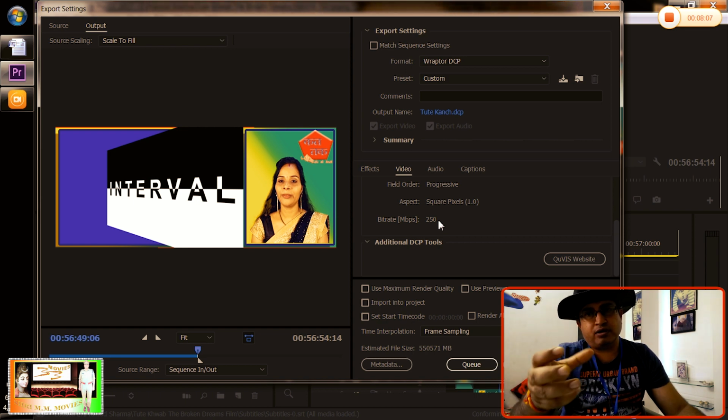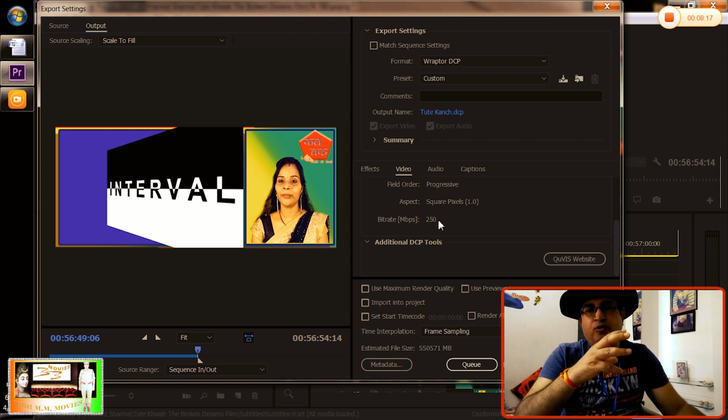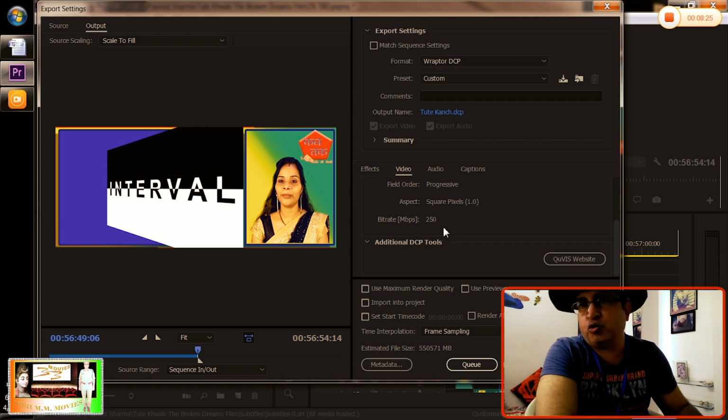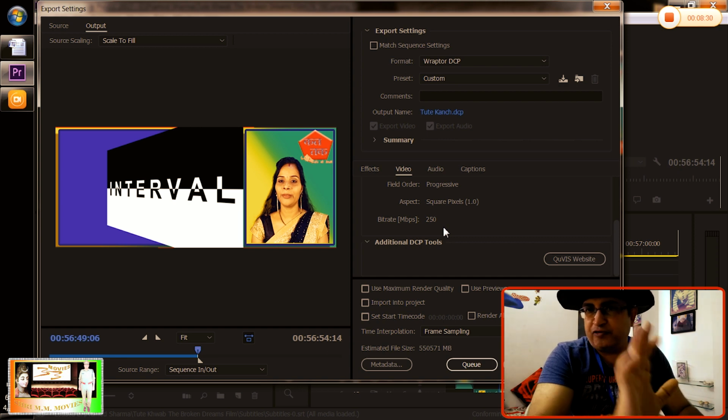I had shown you how you can set this bit rate in your mobile when you are shooting. At that place you need to select the option of the maximum bit rate which is available in your mobile. Here it's 250 Mbps by default for the DCP, so you don't need to touch it.